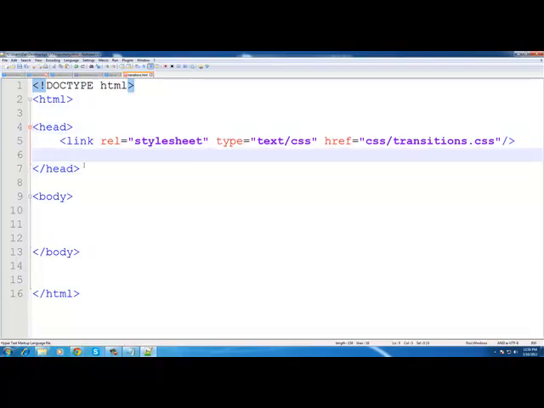After you link your style sheet, we're going to link our JavaScript. The transitions.css is the CSS in case you're having a hard time seeing, and script type text slash JavaScript, source equals JS dan.js,